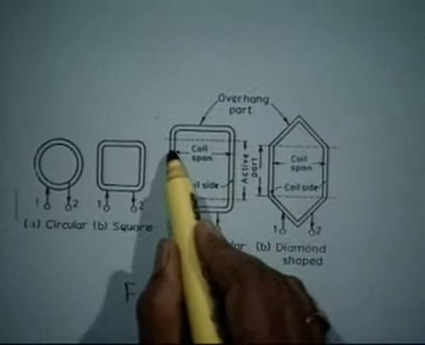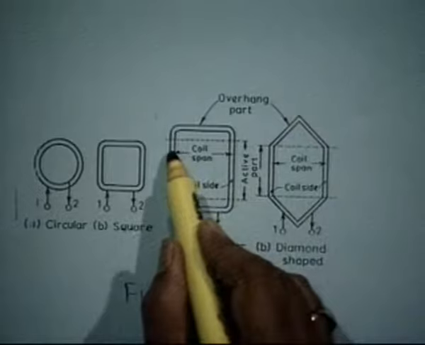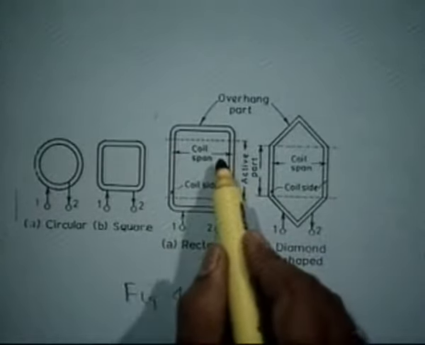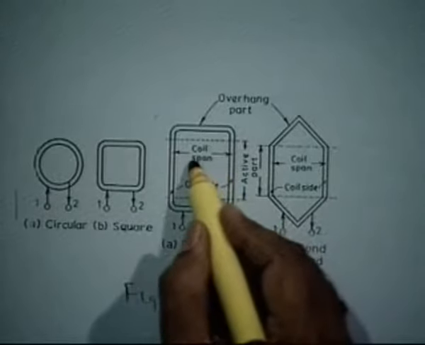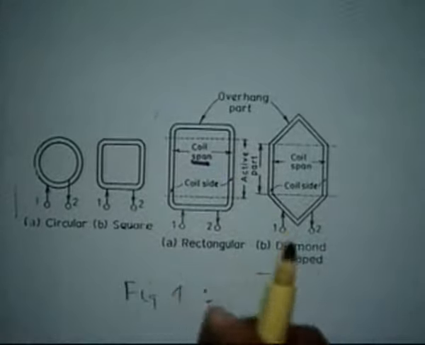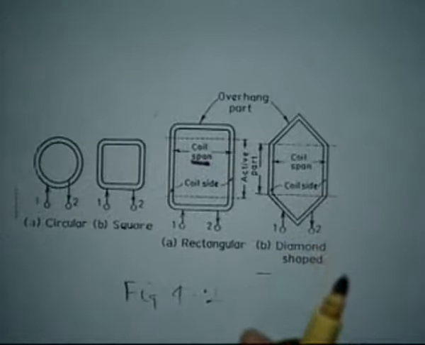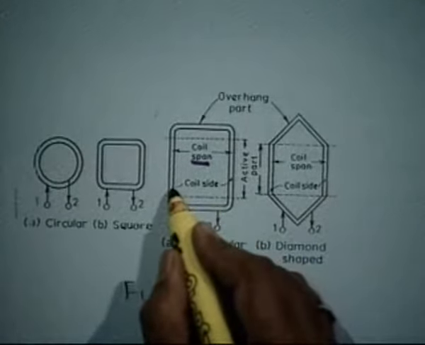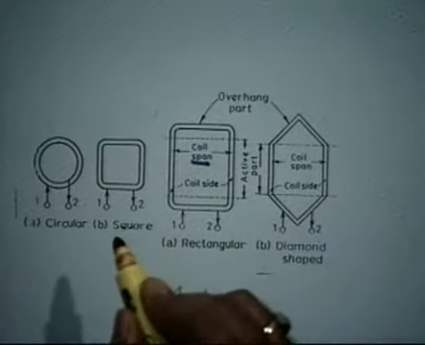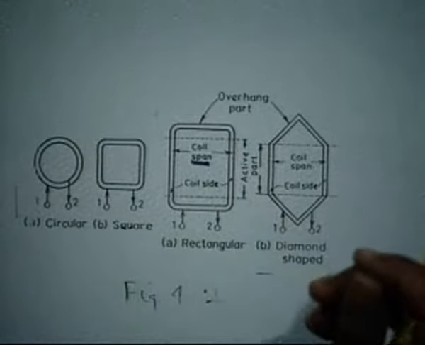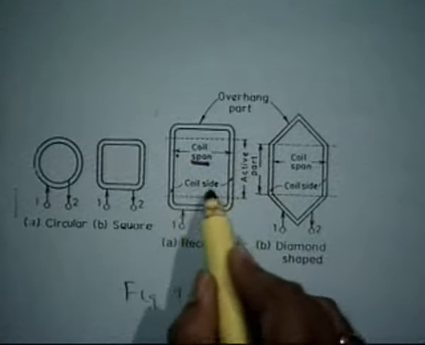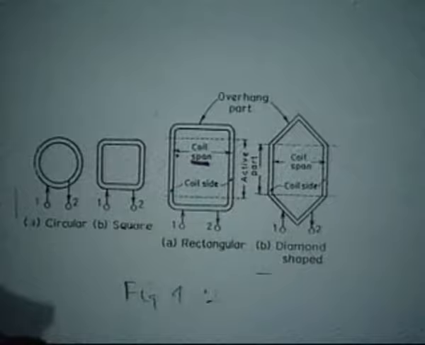Now, the space between, this is one conductor going in and out. So this is one coil side, and this is another coil side. The distance between the coil sides is called the coil span. This is one of the definitions you should know. This is a span or a coil pitch or a coil span, okay. Each coil has two sides, called coil sides, and the space between the coil sides is called the coil span.